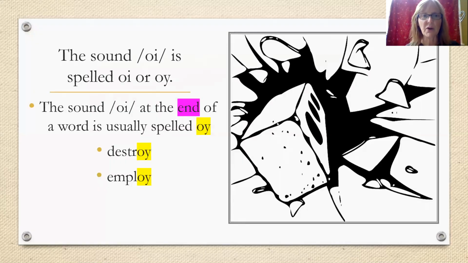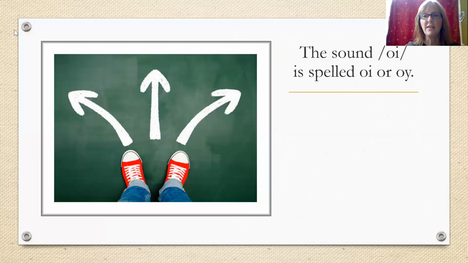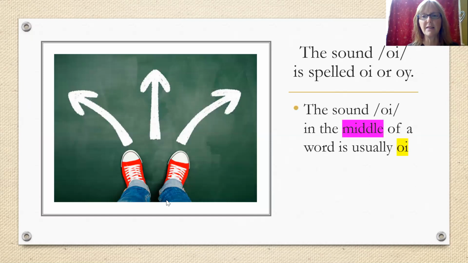So the sound oi is spelled O-I or O-Y. The sound oi at the end of a word is usually spelled O-Y, like in destroy or employ. When you hear that oi sound at the end of a word, the very last thing you hear, it's most likely going to be O-Y. The sound oi in the middle of a word is usually spelled O-I. Choice, soil. So you can see that we're going to use that OI in the middle, OY at the end,